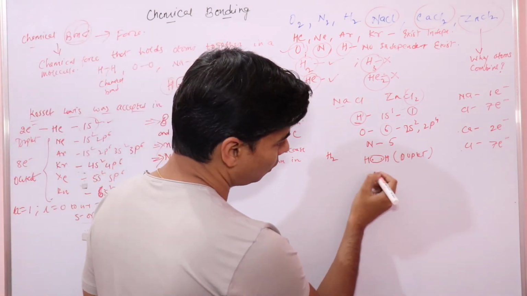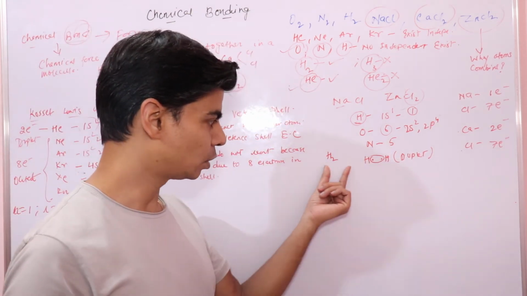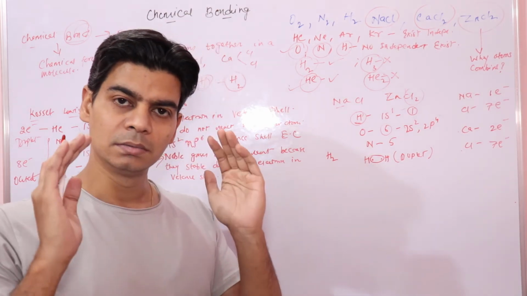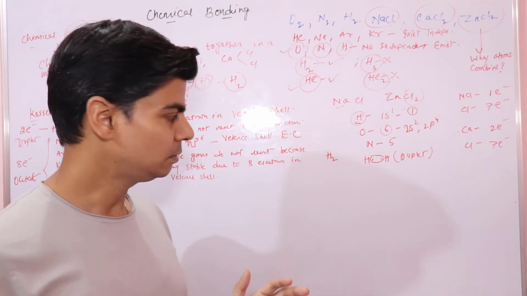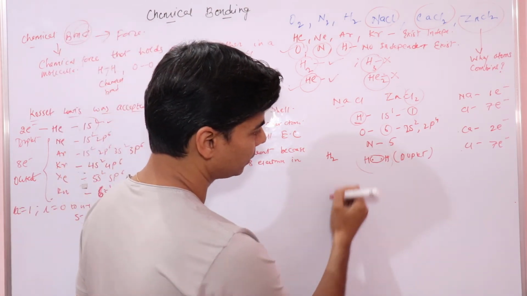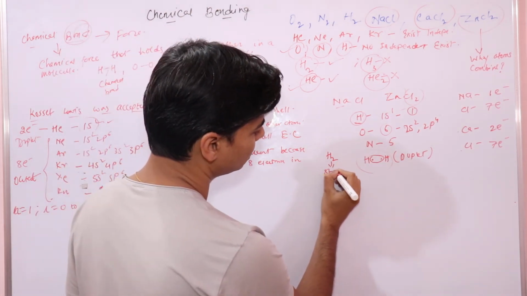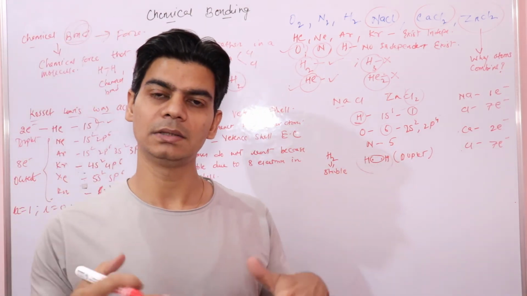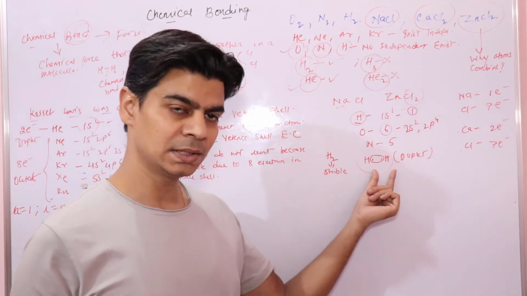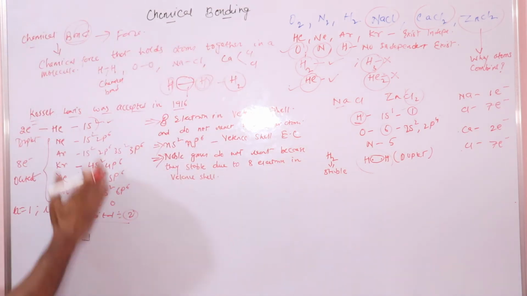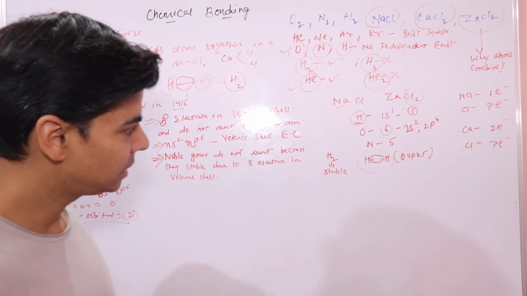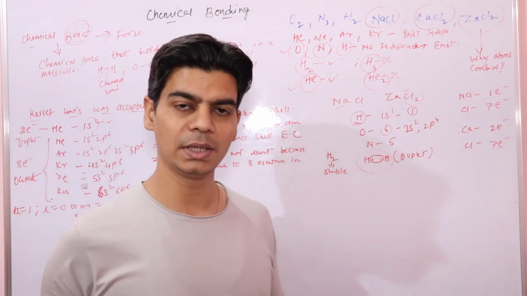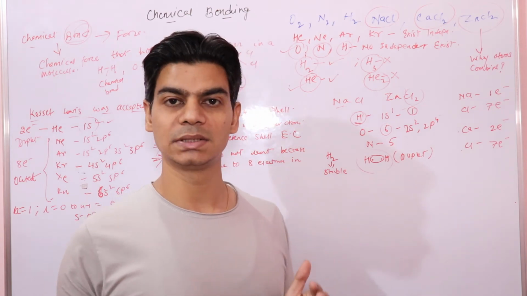So now, since in the hydrogen molecule both the hydrogen atoms have stable electronic configuration, they are stable, right? Hence the hydrogen molecule is stable, because the atoms in the hydrogen molecule have noble gas type configuration. Since both atoms in the hydrogen molecule have noble gas configuration, they can exist